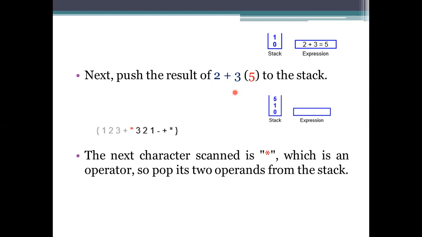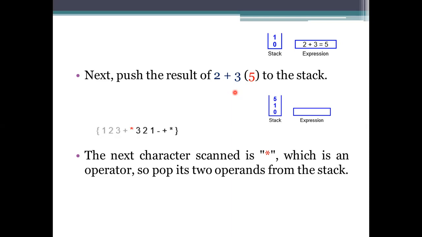So before the plus symbol, the 2 and 3 have been pushed into the stack. Pop them, perform the addition operation, and the resultant value has to be stored into the stack again.